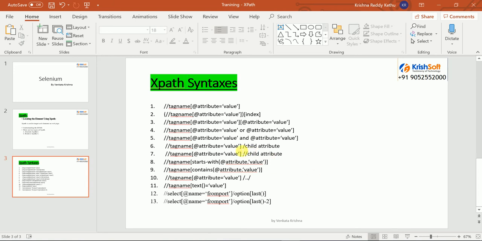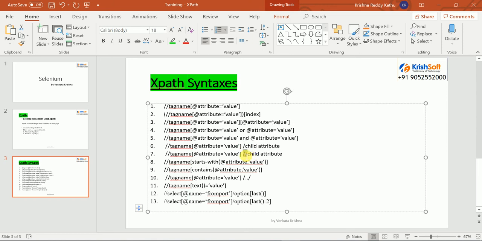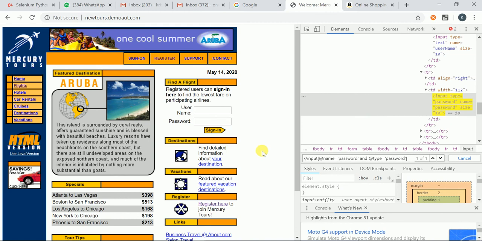Next, sixth syntax, we are traversing from parent to child. I told you single slash is for direct child, double slash is for indirect child. I will explain what single slash and double slash are. In this case, let me take a particular element here. Sign on is there.